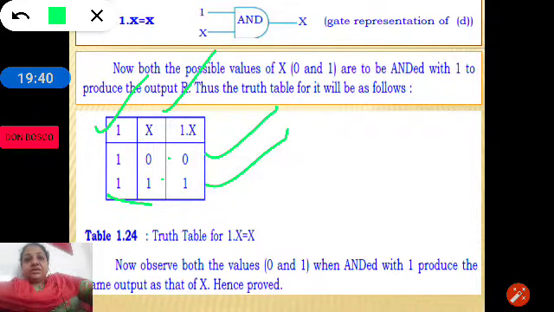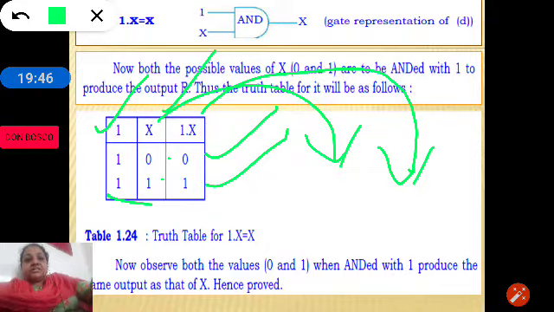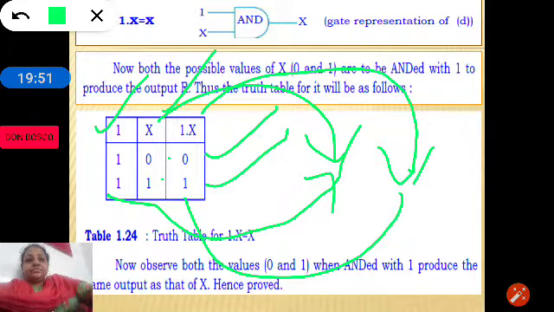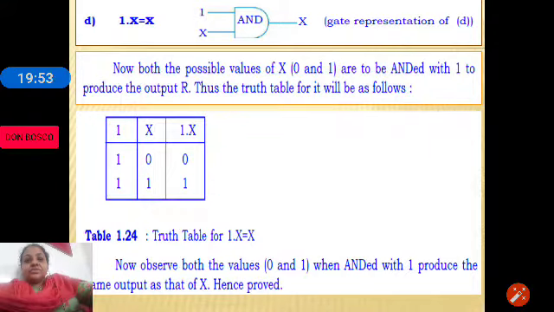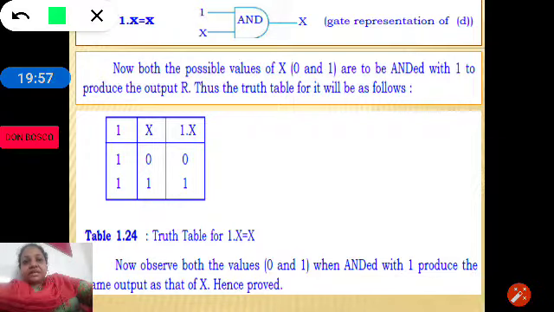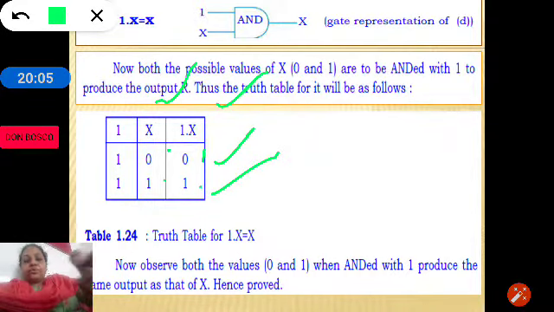You can see here column x and column 1 ANDed with x. So both columns are equal, that is the x column and the 1 and x column. These two columns are the same, 0 1 0 1.